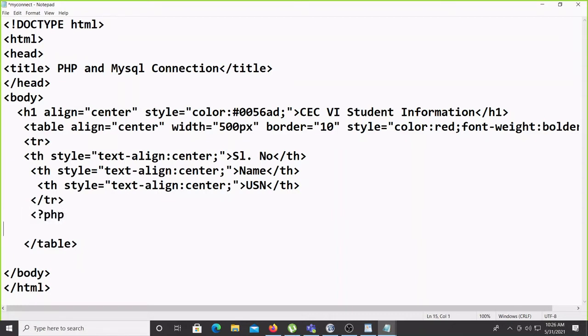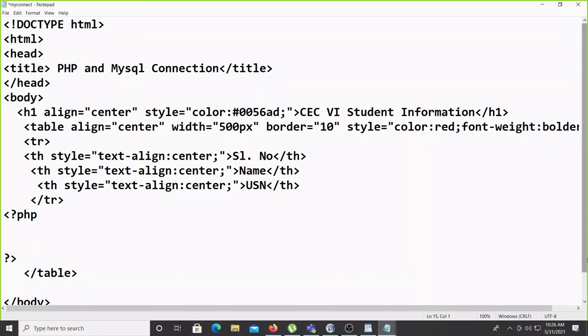So PHP tag. If writing the PHP tag here, in the middle of this we will write. First thing we have to write is the connection string. For connection strings in PHP, if you want to declare any variable, use the dollar symbol.